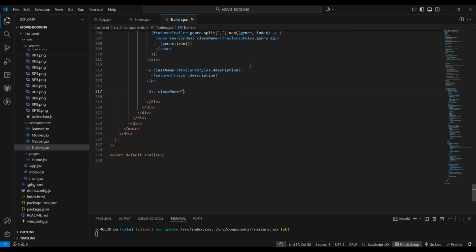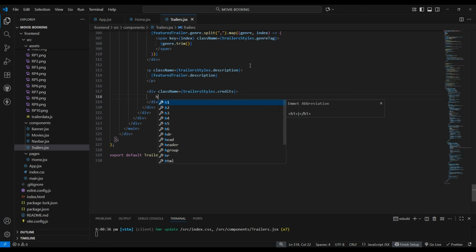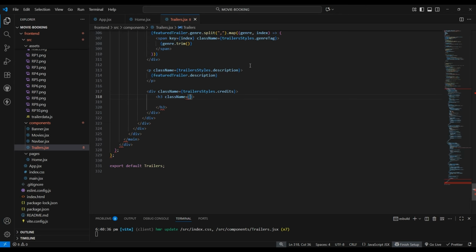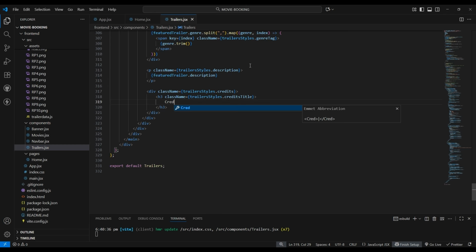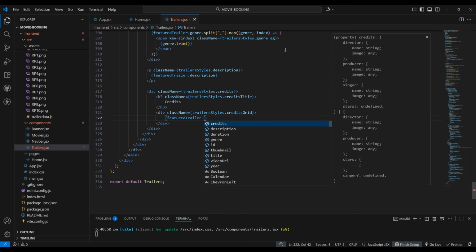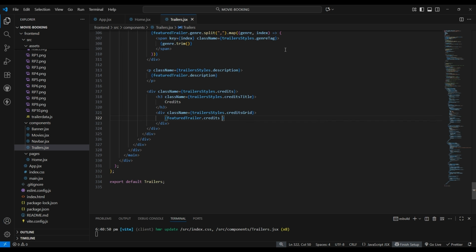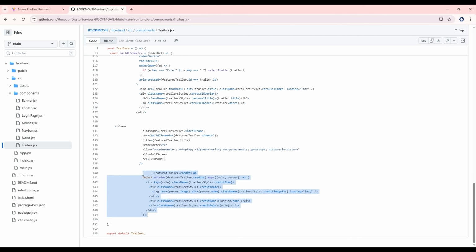Then div, and give class name to this div as trailerStyles.credits, and inside this credit create an h3 tag, give class name to this heading tag as trailerStyles.creditTitle. Then let's give here the title as credits, and now create another div tag, give here class name as trailerStyles.creditGrid. Then let's type here the featureTrailer.credits will be passed here, and inside this let's go and on our GitHub let's copy this, and let me